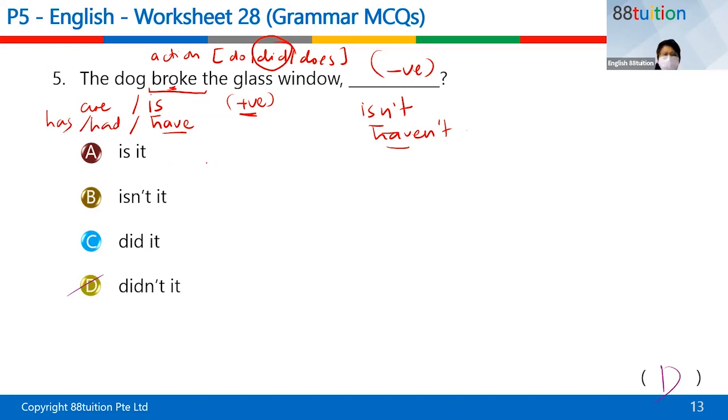Then you go like, hey, which one do I use? Do I use is? Do I use are? What do we do? It's an action. It's an action that requires a do. You just do an action, right? So the do, did, does must come to play. And therefore your answer will be either did it, didn't it, don't.